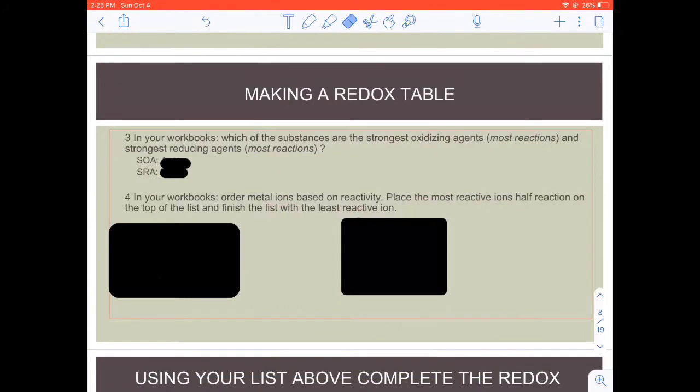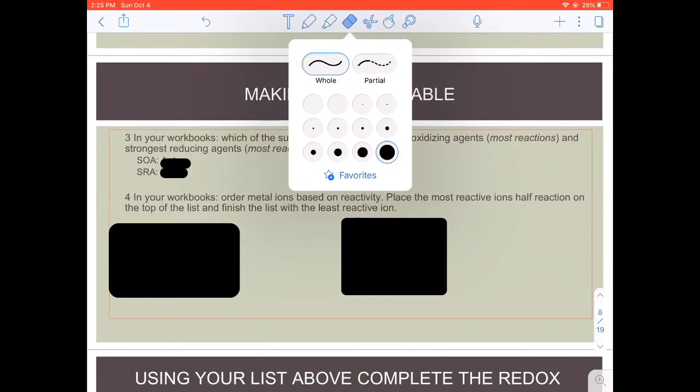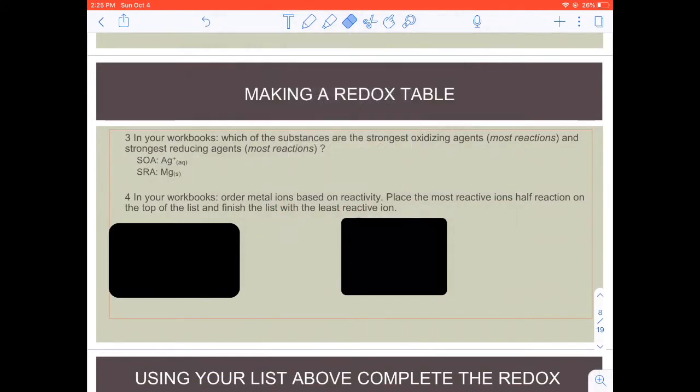Alright, now looking at how you guys ranked your strongest oxidizing agents and your strongest reducing agents, I want you guys to tell me which of your substances is the strongest oxidizing agent. This should be the oxidizing agent that has undergone the most reactions. I also want you to tell me which is the strongest reducing agent. So this is the reducing agent that's undergone the most reactions. So quickly look back at your rankings and write down your strongest oxidizing agent, your SOA, and your strongest reducing agent, your SRA. Alright, you guys should have picked your silver ion as your strongest oxidizing agent and your magnesium solid as your